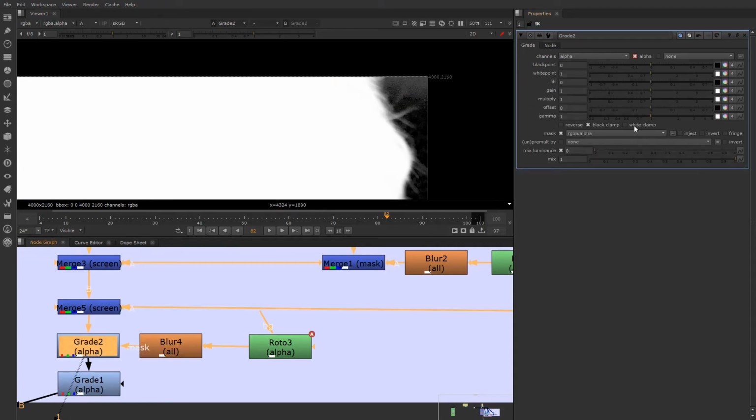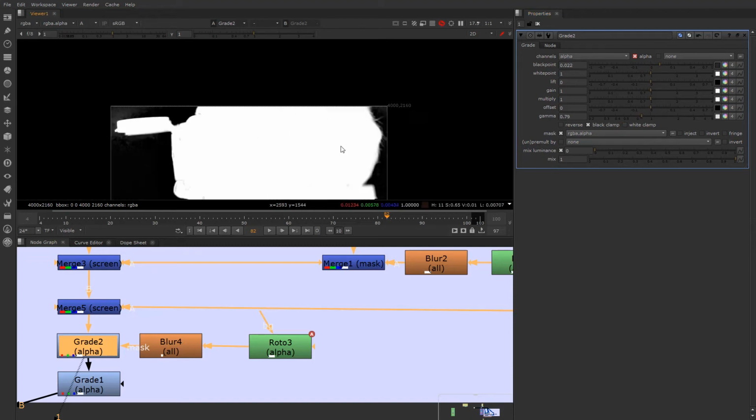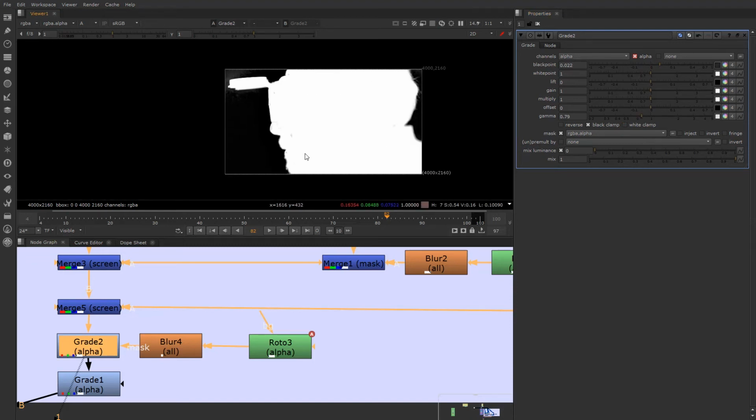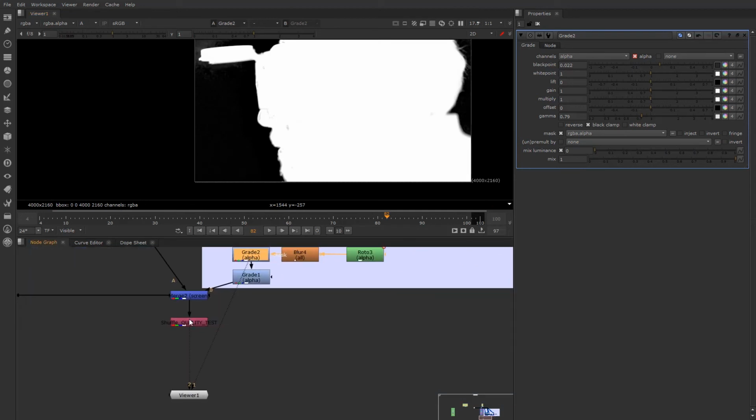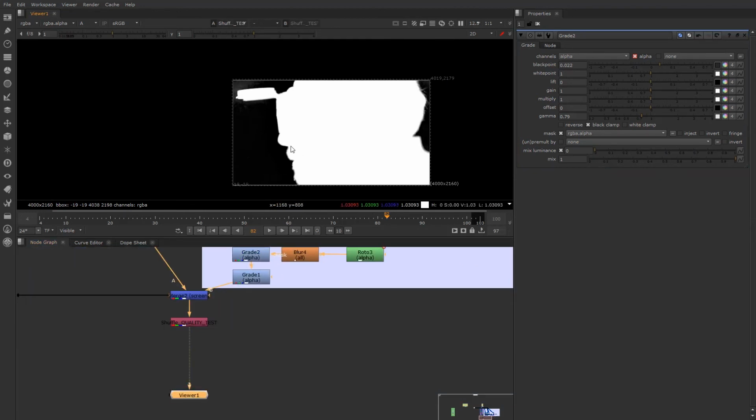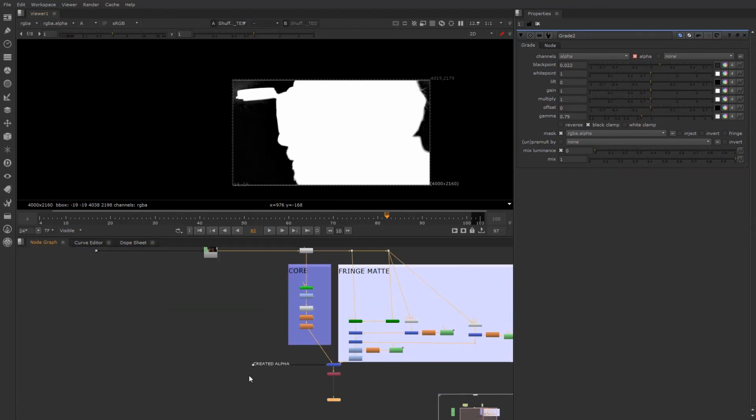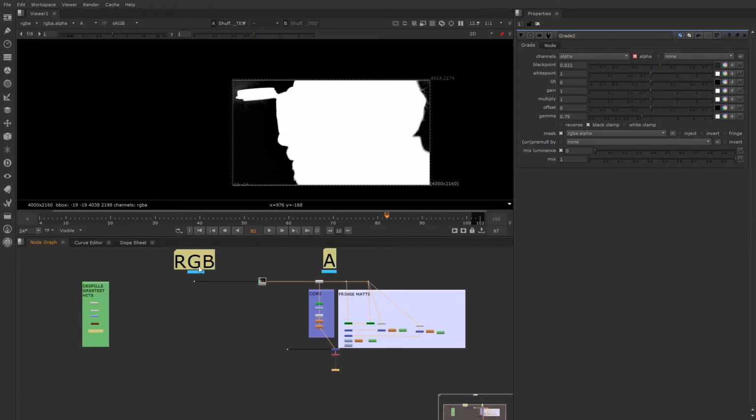And here you can see we could play with the gamma, which is a nice tool. It's not always about just crushing the blacks, which does help a little bit, but also playing with the gamma a little bit. So there you go. So a little bit cleaner results. Again, sometimes it's not going to be perfect. Let's go ahead and take a look at our final matte. That's looking good. So let's get to the whole point of what this tutorial is, and 23 minutes later here,